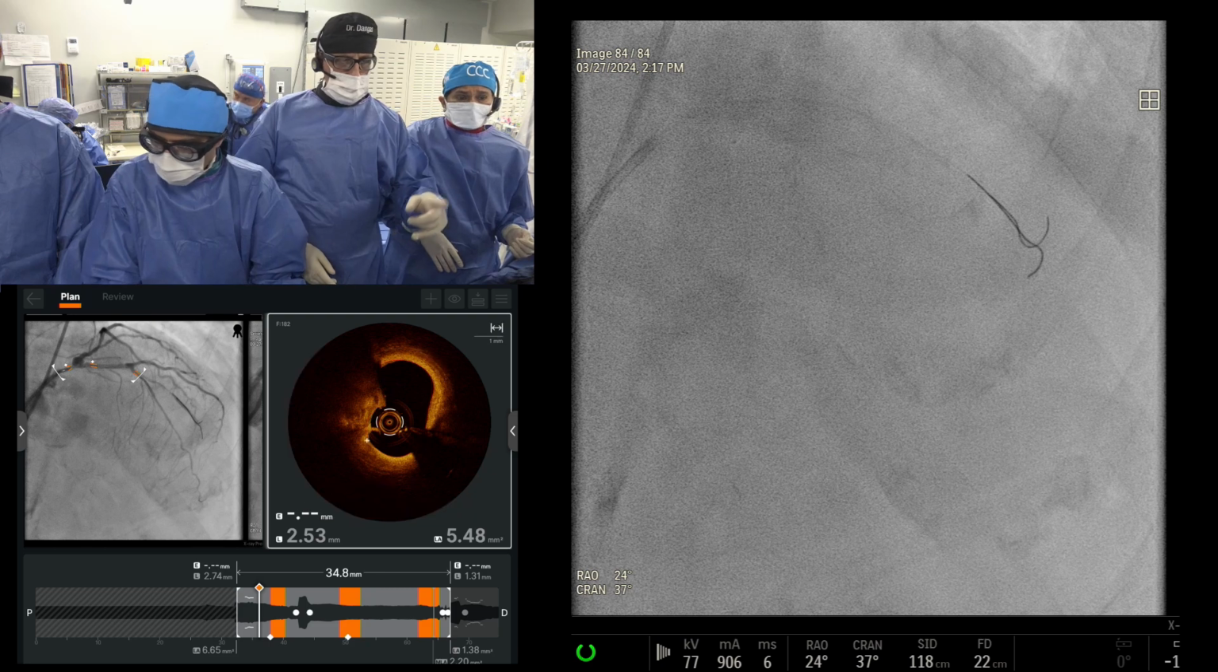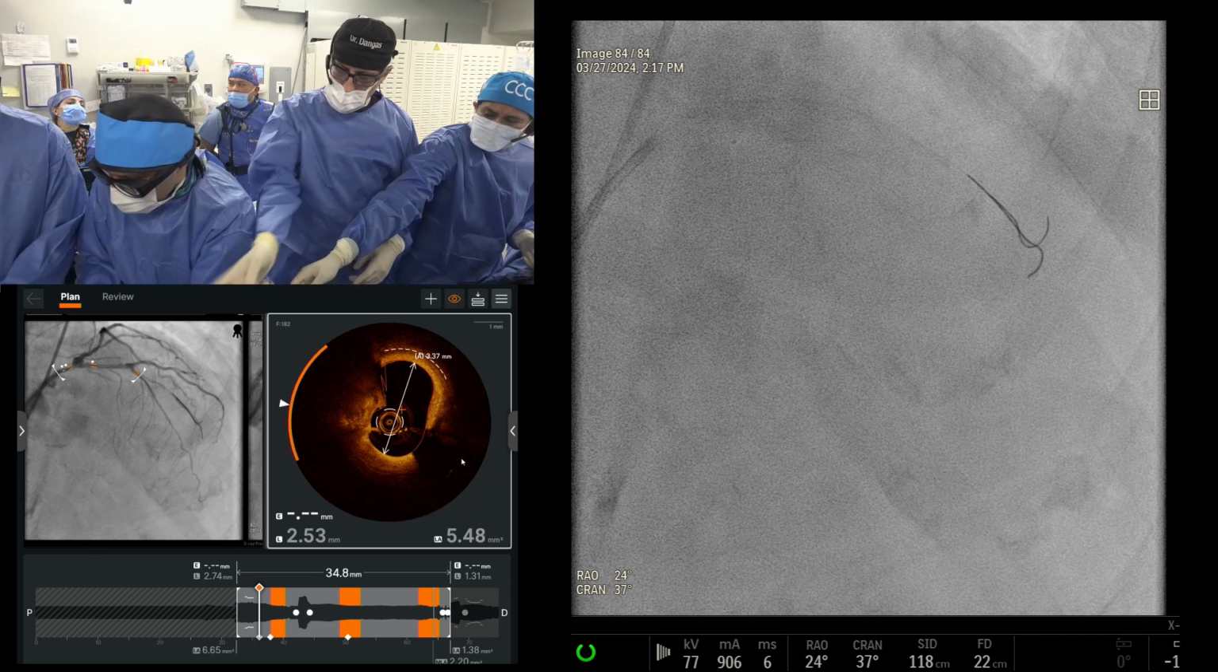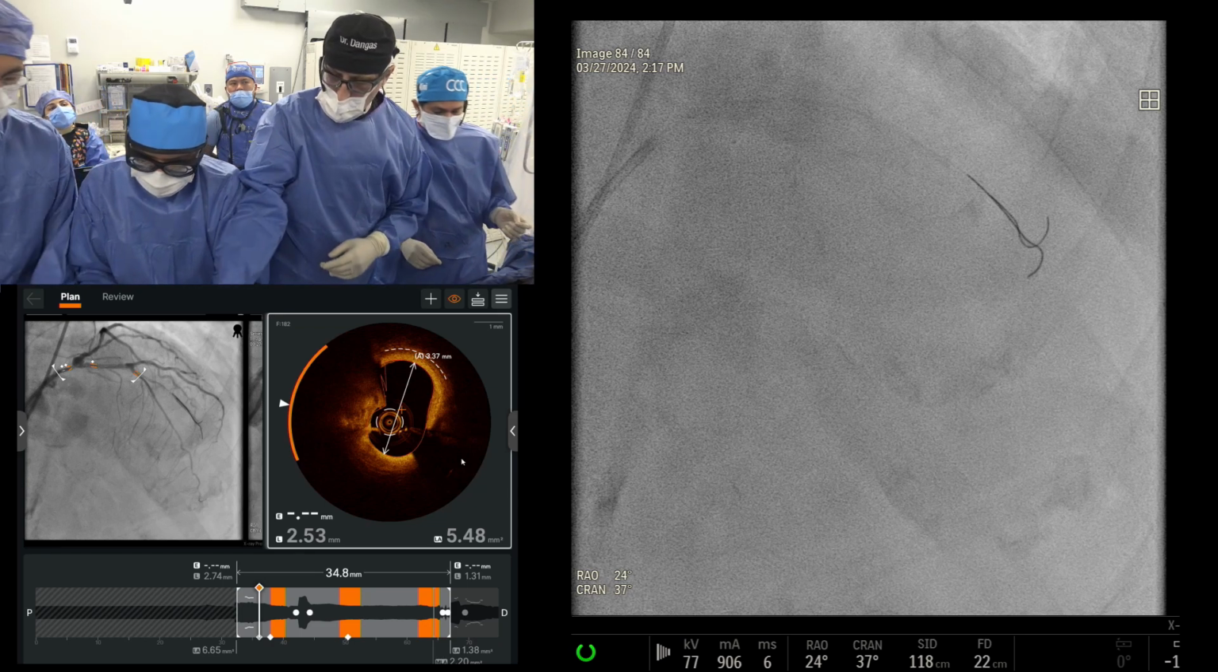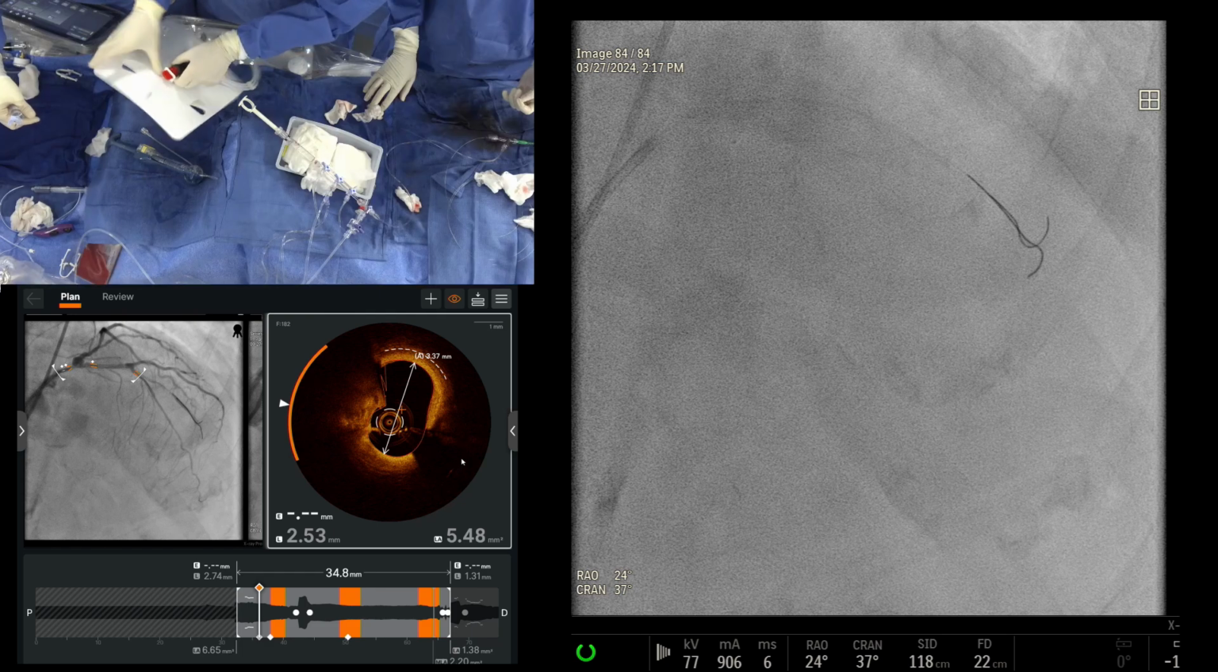Why is the pressure so big? I think the only way to know is to repeat the imaging and see how the lumen area of 3.0 in the left main increased. And if that now increased to 6.0, I think you did the job. So following